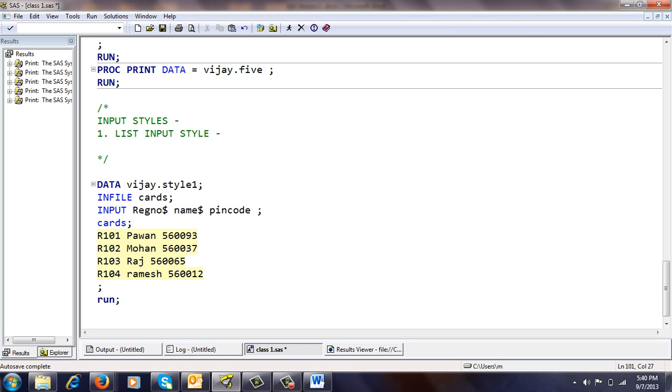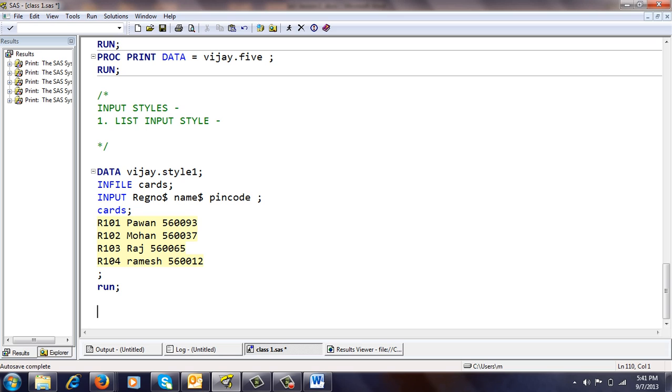If there are no arithmetic clauses involved for the pin code, then there is no need to take it as numeric, and you can make it a character as well. But in case you are going to perform some arithmetic or numerical operations, then take the pin code as numeric. Okay, so here we are taking it as numeric only.